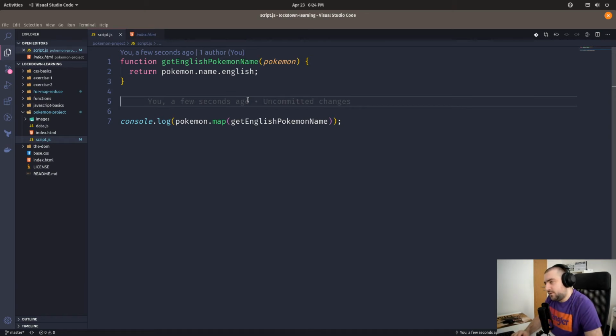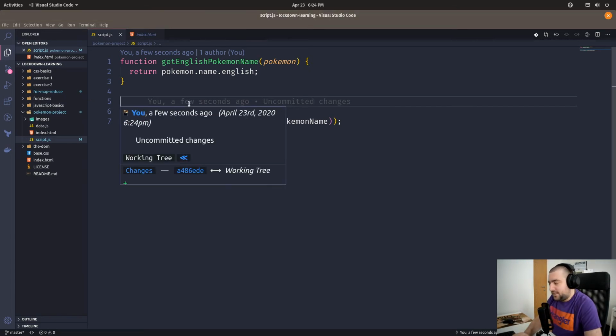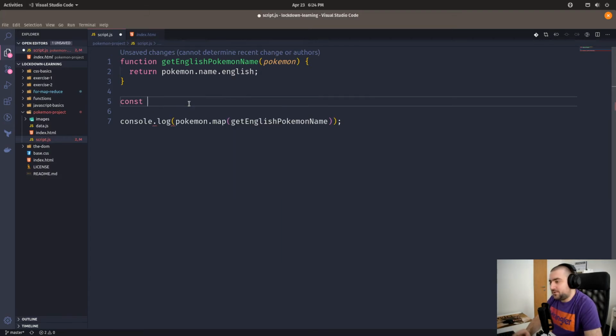So the other way of writing functions is something called arrow functions, and they are defined with an arrow. You'll see that the syntax of arrow functions is more similar to defining a variable than defining a function. So let us try writing getFrenchPokemonName. When doing arrow functions, you should write something like this. So const getFrenchPokemonName equals